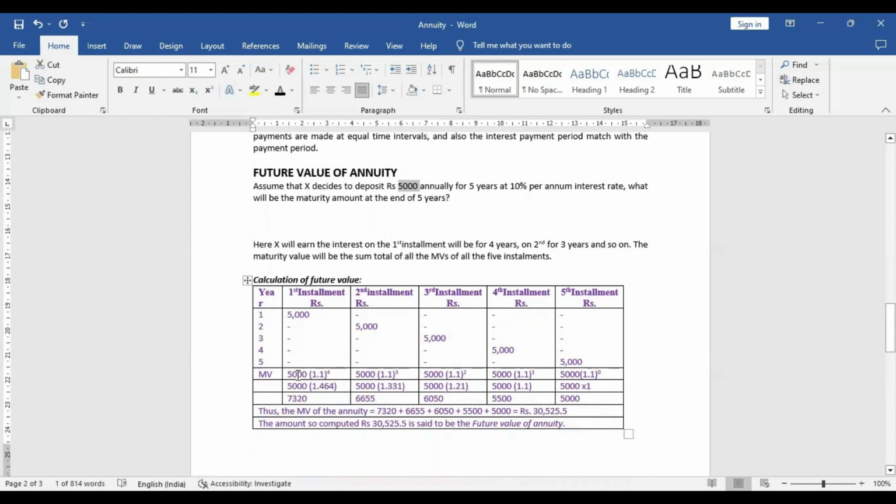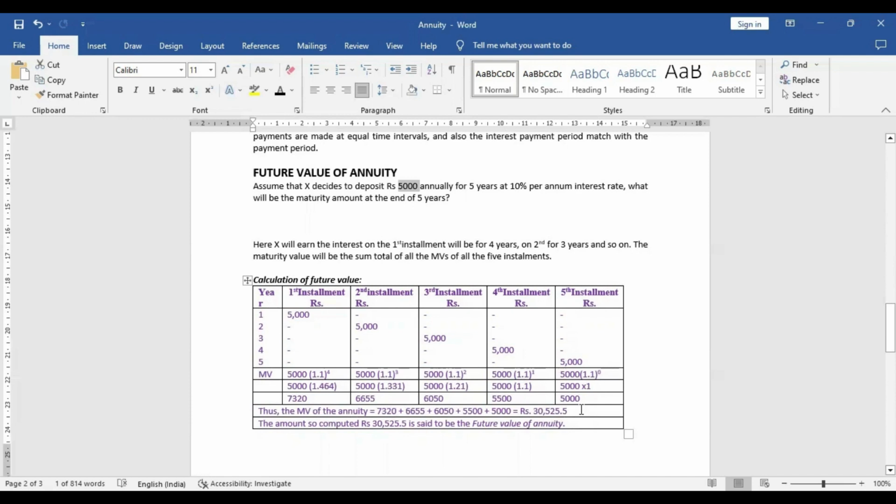If we calculate this, 1.464 gives you 7,320. This amount for 3 years, 6,655. This amount for 2 years, 6,050. This amount for 1 year, 5,500. And this amount will not generate any interest because we have received the deposit only at the end of the period. And the total comes to